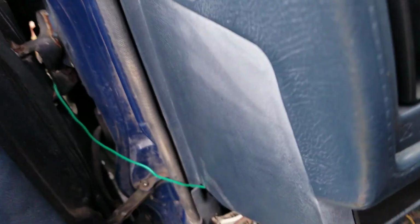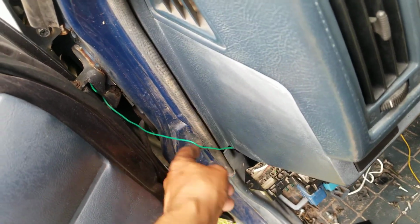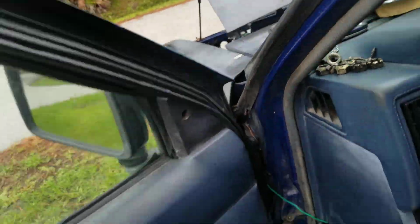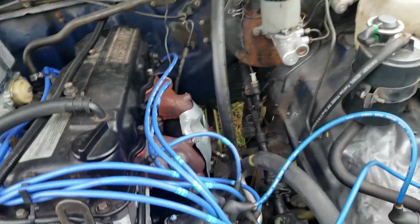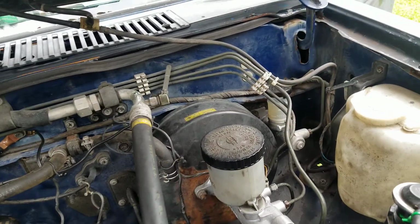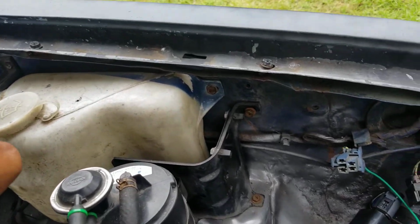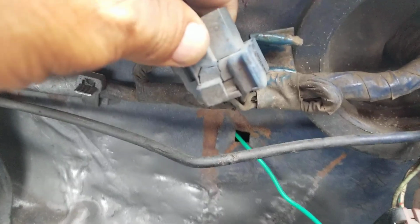But the green wire that goes to the ignition coil, I pretty much had no choice but to feed it through the door and the inside of the fender. I would have rather gone through the firewall, but there was literally no spot I could find to do that. So again, I fed it through the inside of the fender and fed it through this spot,